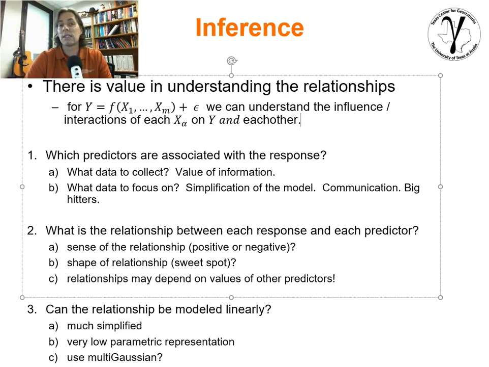Just understanding the system, understanding the feature space and what it looks like, what's the shape of the possible solutions and so forth. That's pretty useful stuff. So which predictors are associated with the response, what data to collect, that'd be very useful. Not just building a model for prediction, again, an answer, but understanding which data would be most important to work with and what's the value of that information.